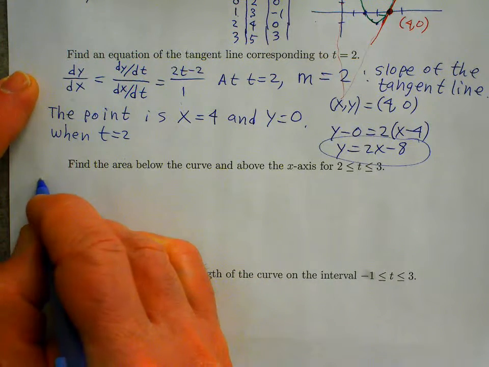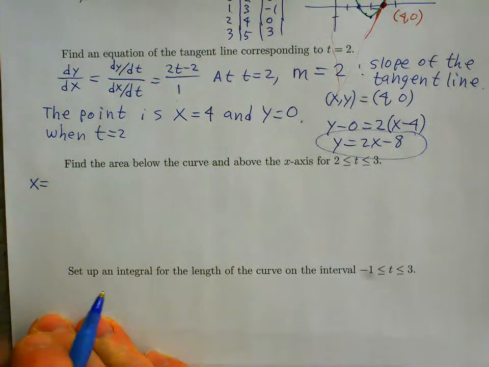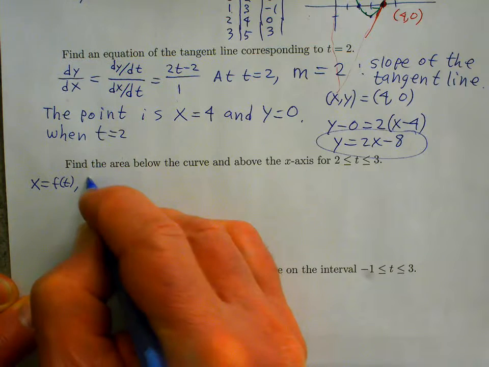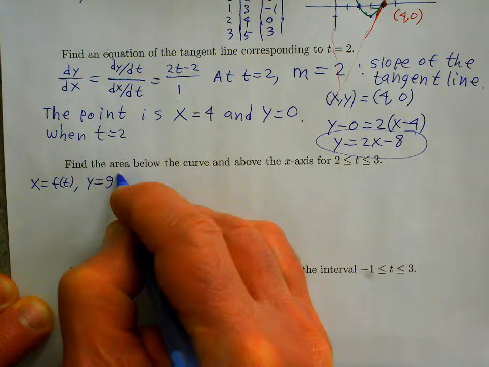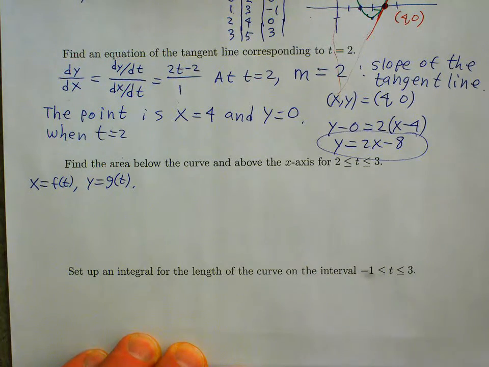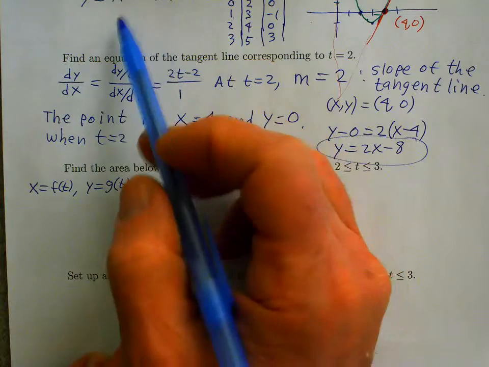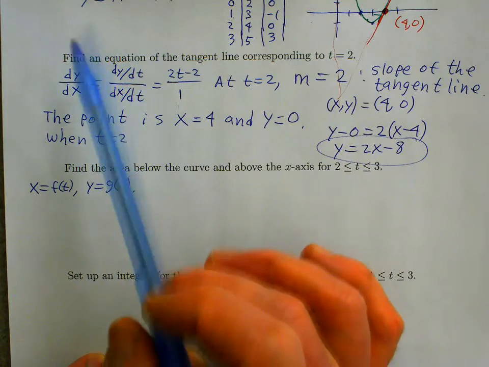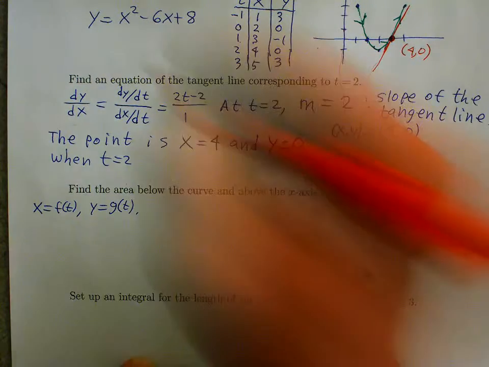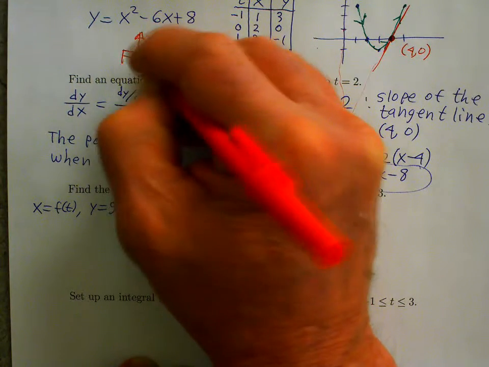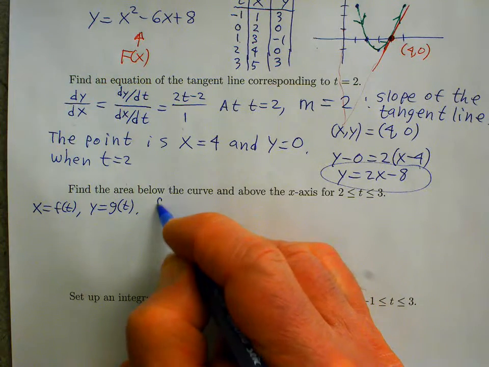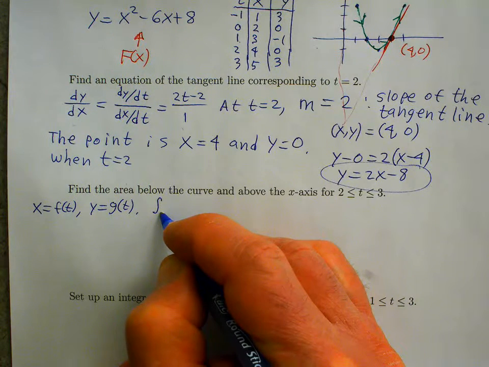If the parametric curve for x is lowercase f of t and y is lowercase g of t, and if we were to define this Cartesian equation as capital F of x, so just think of this as capital F of x, the Cartesian equation. Then the area below capital F of x from A to B,